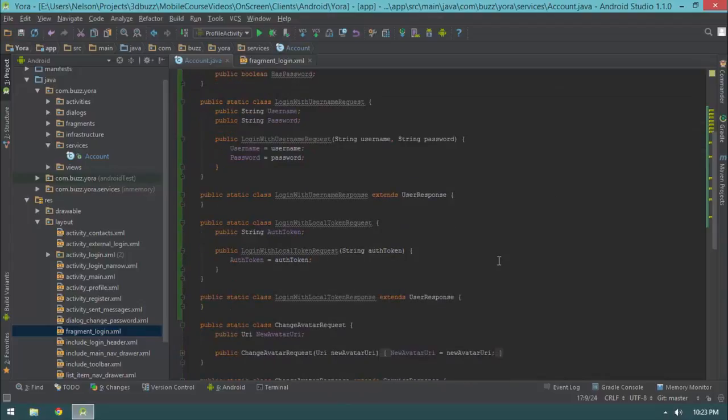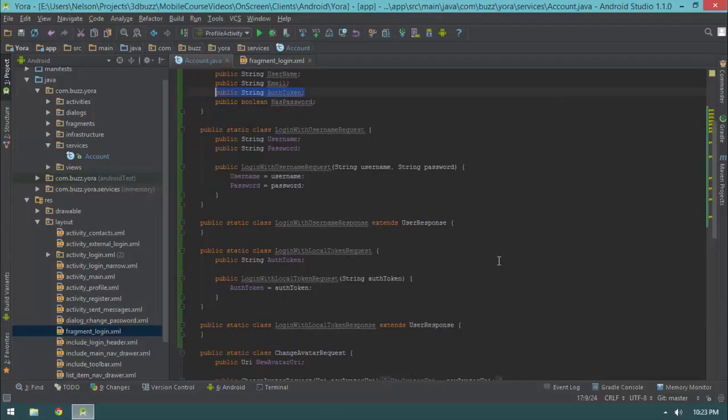Now let's say the user shuts down the application, and let's say just restarts his phone, so memory is completely wiped, starts his phone back up, launches the application. Now he'll expect to be still logged in. What needs to happen, though, is the application needs to retrieve all of the information about the user. It needs to do two things. It needs to, A, retrieve all the information about the user, such as his email, his display name, and all that stuff. And he also needs to verify that the user is still properly logged in, or even that the